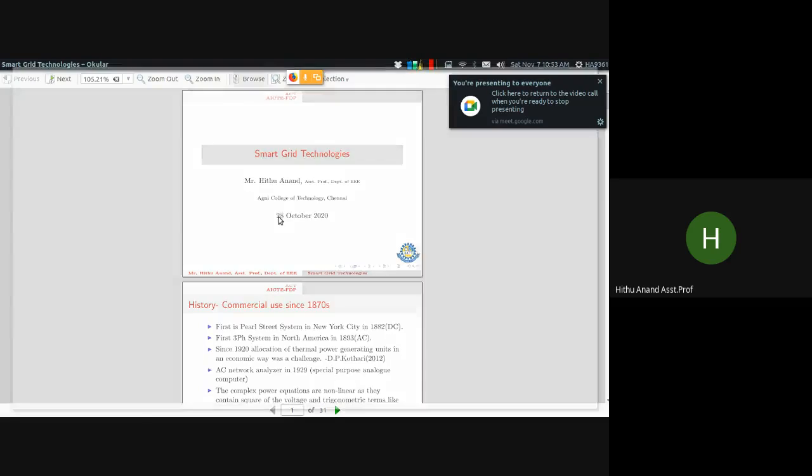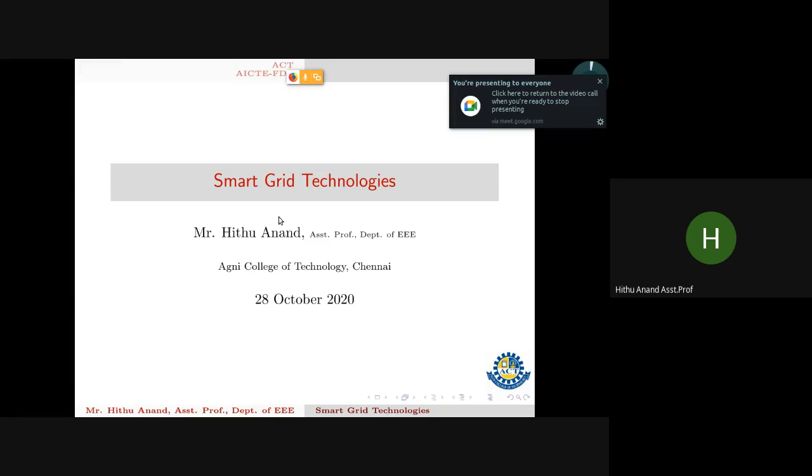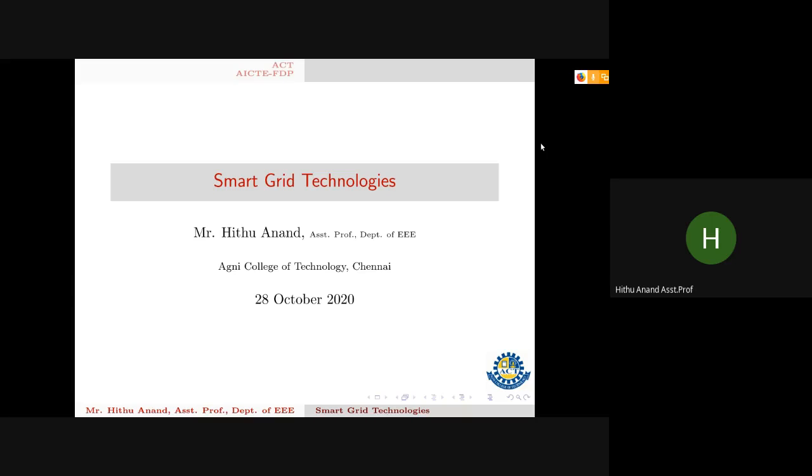My area of research is smart grid, and I completed my post graduation in electrical drives and control. But in that institution, Pondicherry Engineering College, I was so much interested in the area of power system because the professors there were very experienced, and I was very inspired by their presentations and the classes. So I wanted to know more.